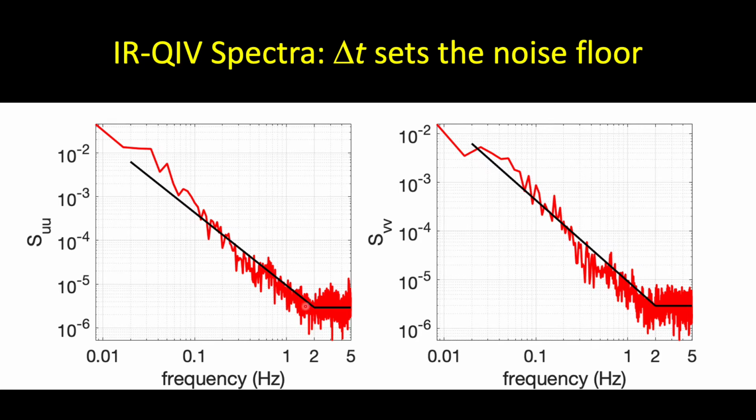And we also note that the noise floor seems to be right at 2 Hertz. This is in fact consistent with the delta t of 0.5 seconds, or our 2 Hertz sampling rate. We see that we are unable to resolve any information at frequencies greater than 2 Hertz in time due to that choice. In reality, we did sample at 10 Hertz, and we plan to go back and use a dynamic